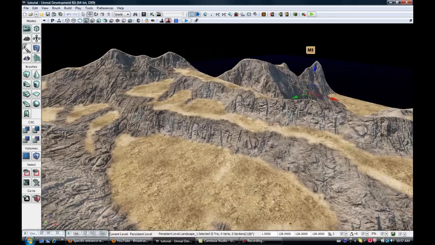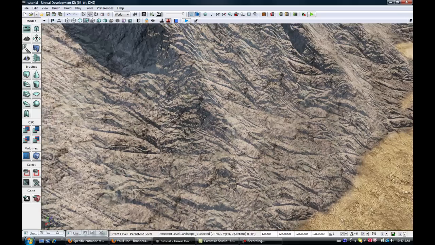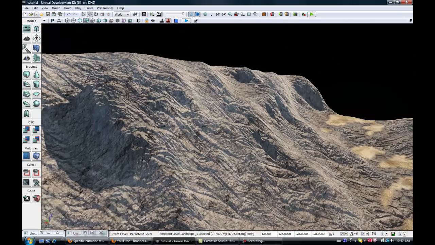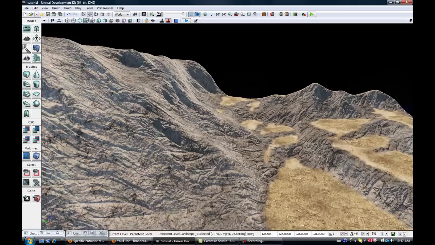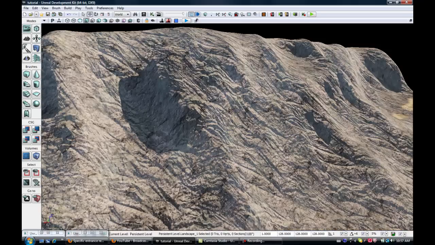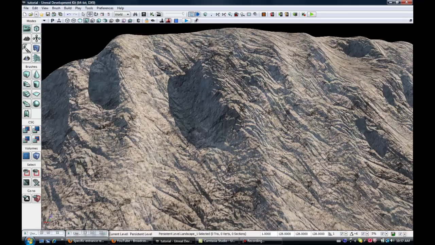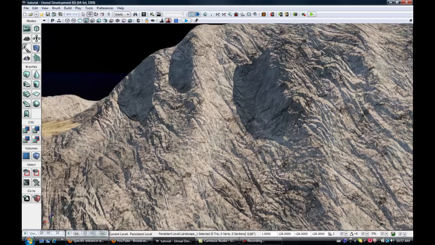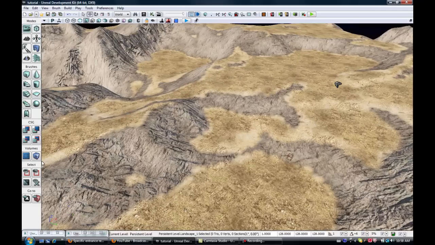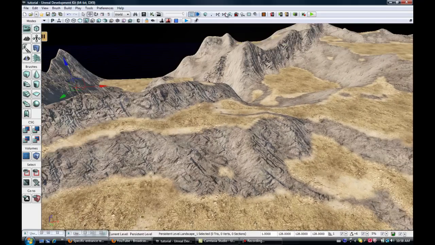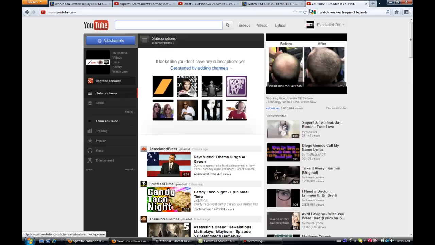Hey guys, so I just forgot to say some things in my last lesson, so I just want to recap on that. As you can see in this map right now, there's ripples and more texturization on the rocks and stuff, and that's what happens when you put a normal map on, and that's what I'm going to touch up, because I did say about the smart